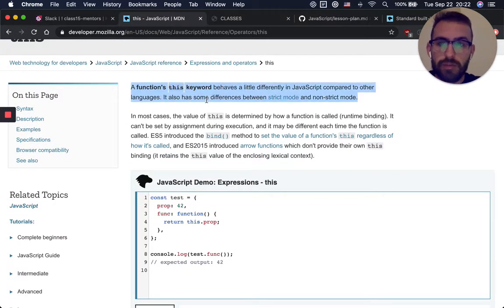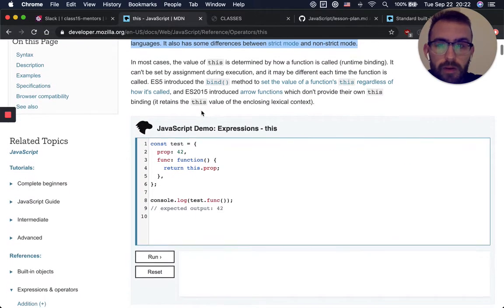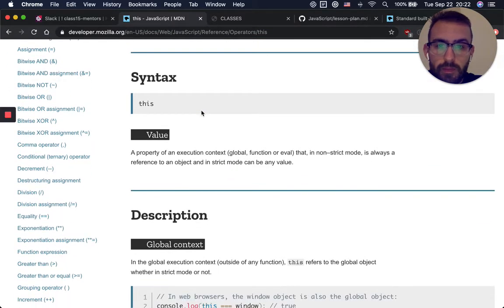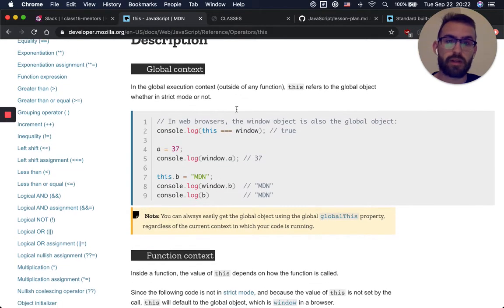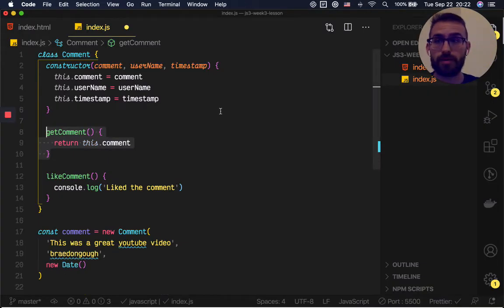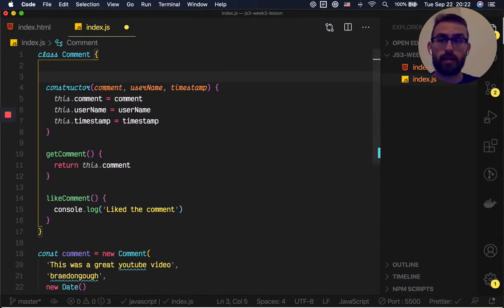This isn't very useful. Also not useful. Description. So in the global execution context outside of any function, this refers to the global object, whether in strict mode or not. So we actually have, surprisingly, access to the this keyword outside of our